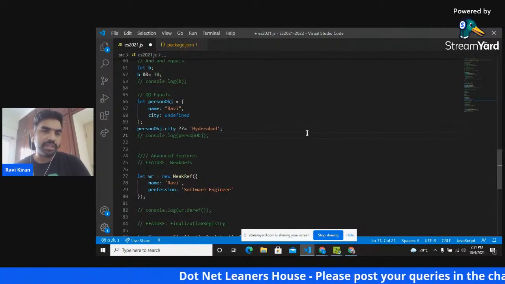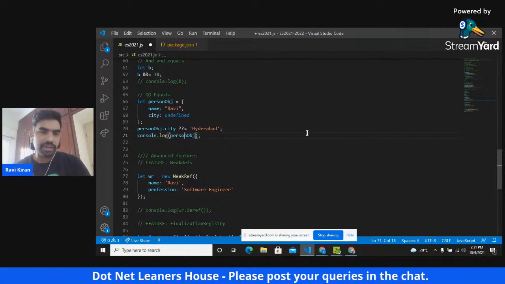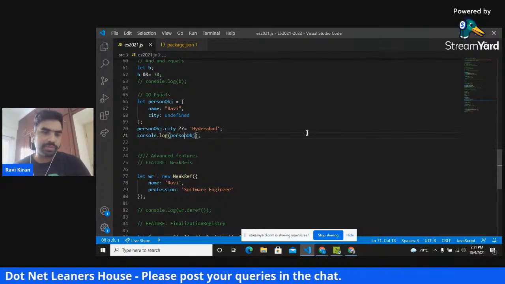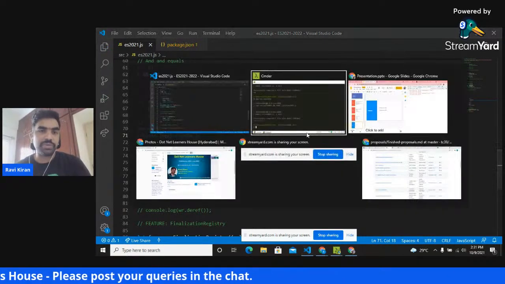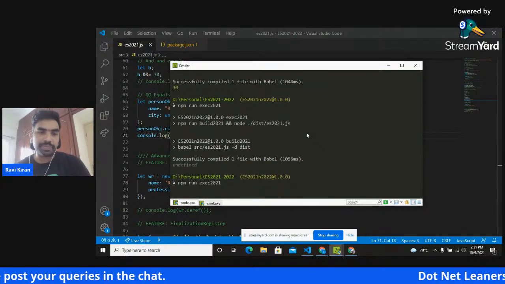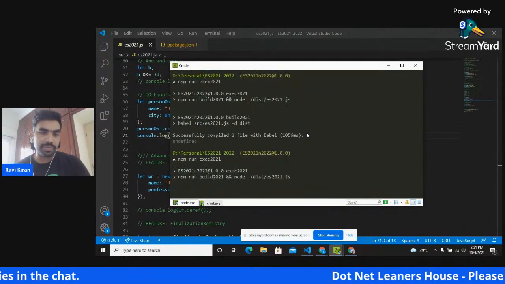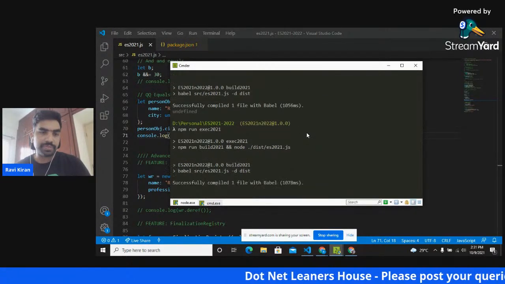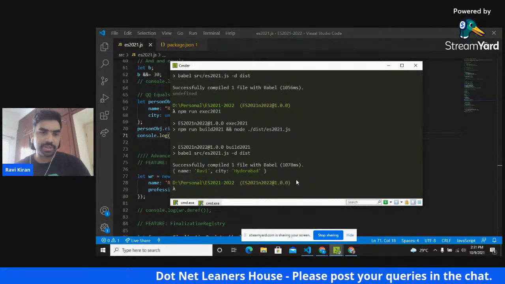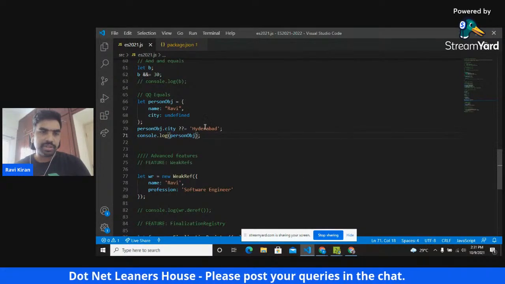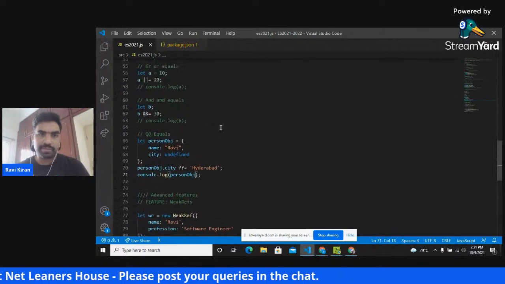That means if the city doesn't have a value, it will assign the value of Hyderabad to the city. Okay, so as you see, it got the value assigned from the right side.